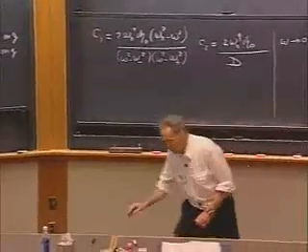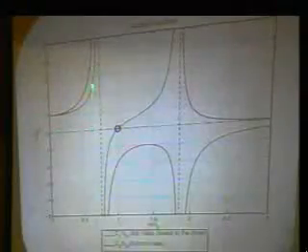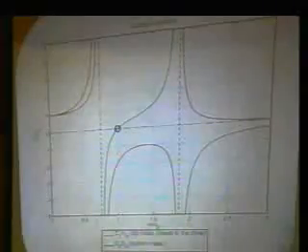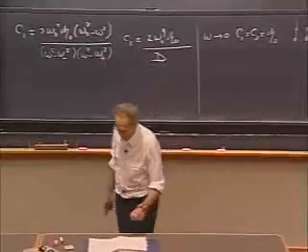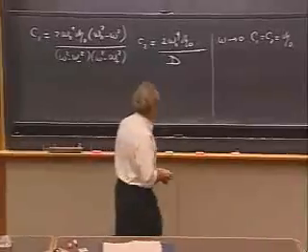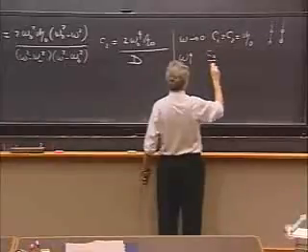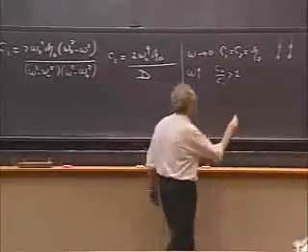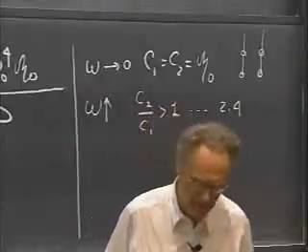However, you will see that when you drive this system, the double pendulum, and you approach resonance, you will very quickly see that the ratio of the amplitude of the second one over the top one will grow, will become 1.5, will become 2, and then in the limiting case, you will get the plus 2.4. So as omega goes up, you're going to see that C2 over C1 is going to be larger than 1. Right there, it is 1. And then ultimately, it will reach that 2.4, but that is that extreme case of